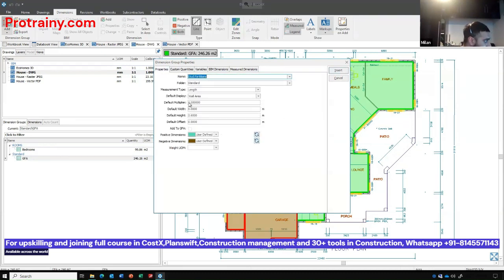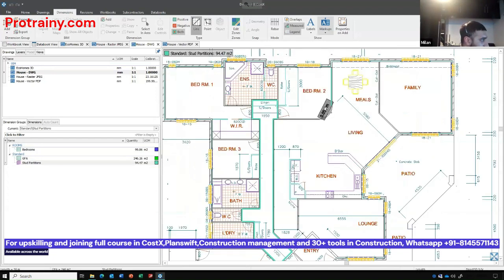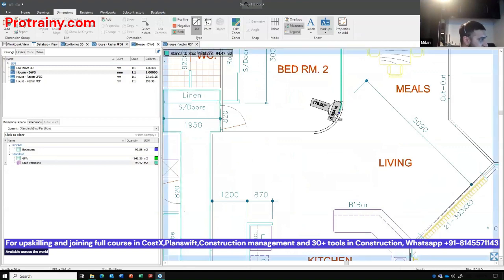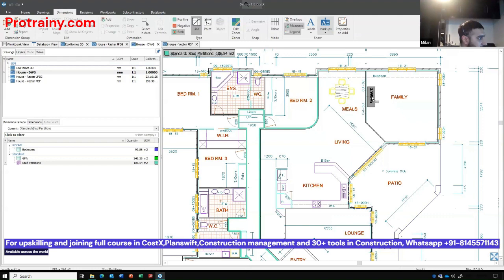So I create the dimension group. I put all the details in. I say insert, measure it in one go. And you can see now I have the length, the wall area, and the amount of studs for this wall. And that is a very simple example I've used for the studs, but you can go into much more detail